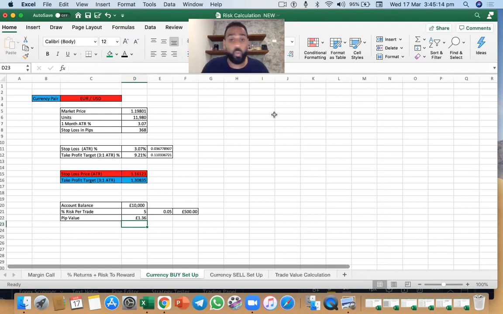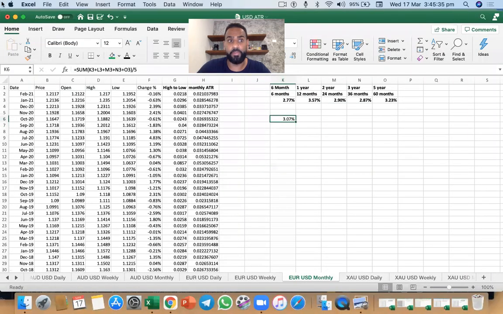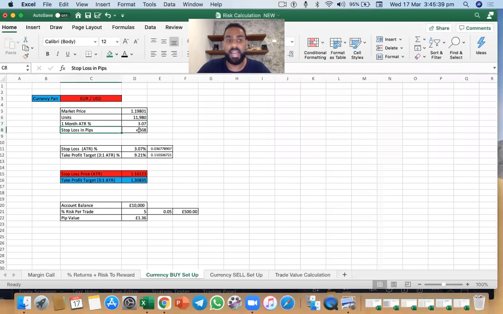It's literally going to tell you what you need to know if you're trading currencies. It's going to show you when you get into the market. Every time you come into the spreadsheet, it's going to do this for you. Put the market price, put the average volatility stop loss in terms of percentages that you get from your ATR spreadsheet that came from right here. You put this 3.07% number in the spreadsheet, and it's going to tell you automatically how many pips your stop loss is going to be,